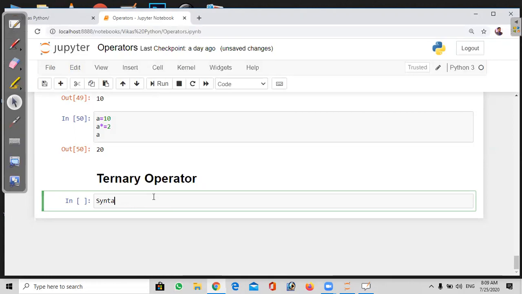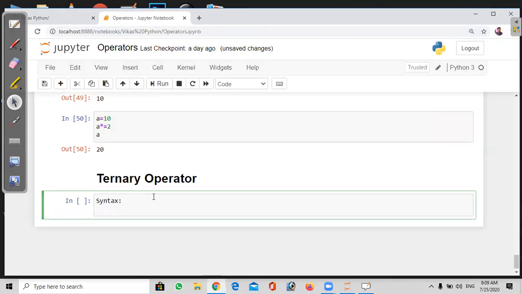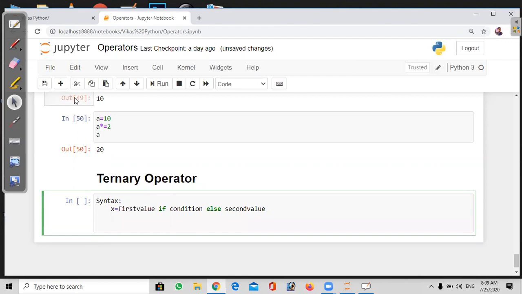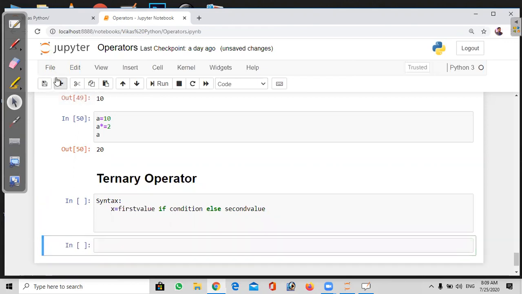I'll mention the syntax here: x equal to first value if condition else second value. So this is the syntax. Now we'll write an example program to find the biggest number of given two numbers.